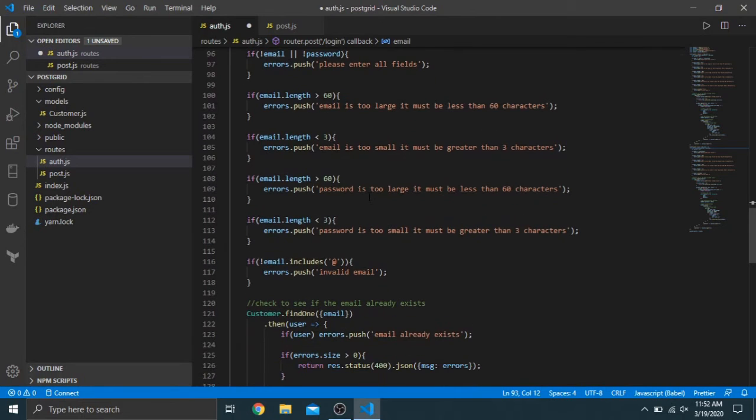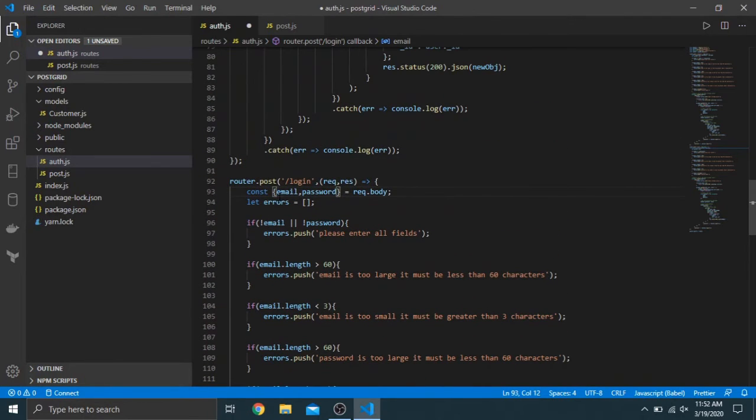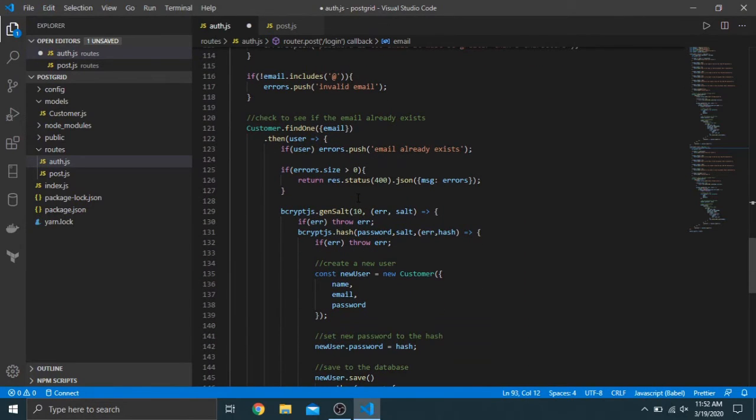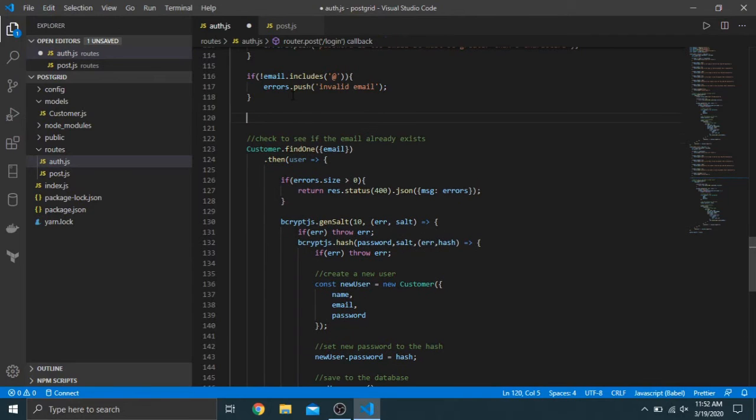We're not checking to see if the email already exists anymore because we actually want the email to exist. Basically, if it doesn't, then that's when we would want to do something. And because we're not checking if it already exists, we don't need to do this anymore. We don't need to push on this error here. And so because of that, we can move this outside of the